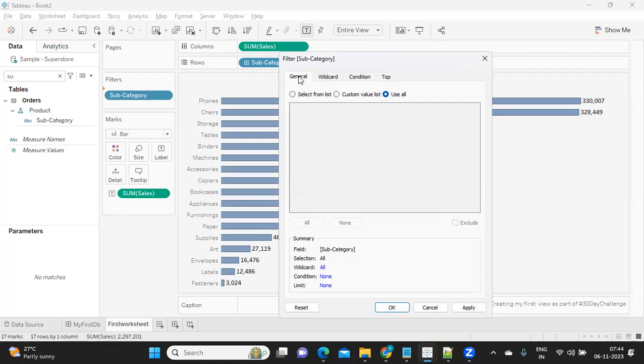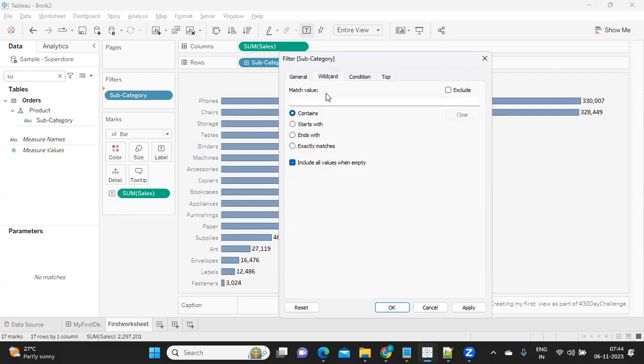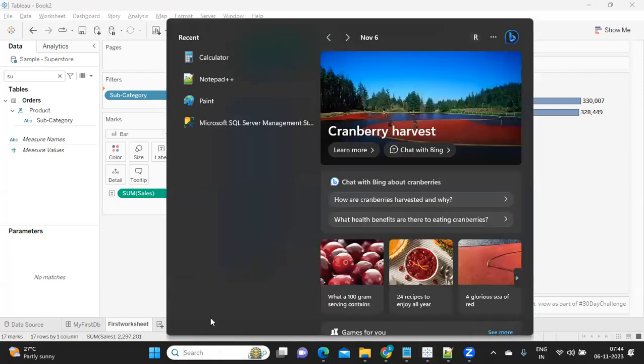So this is your general tab. Next is your wildcard entry. Wildcard means it's like a LIKE operator in SQL. So for that, just to show you,